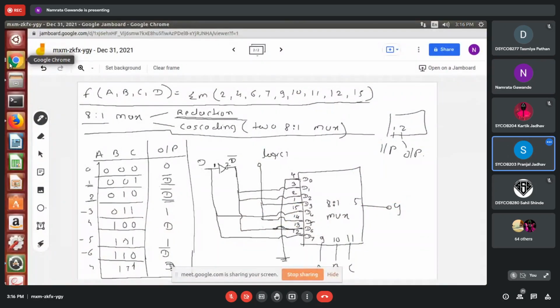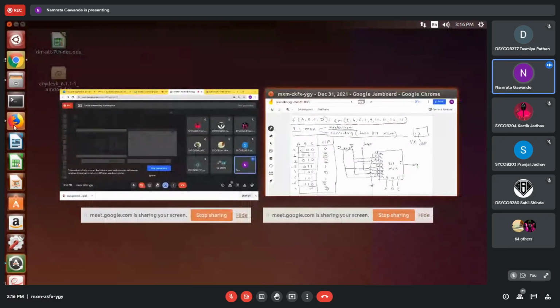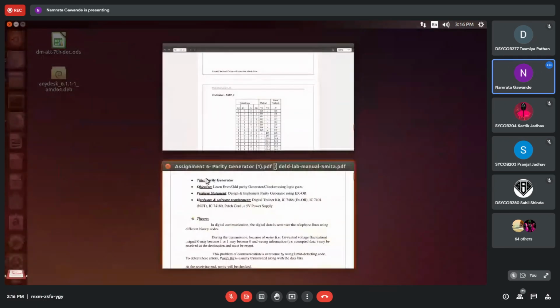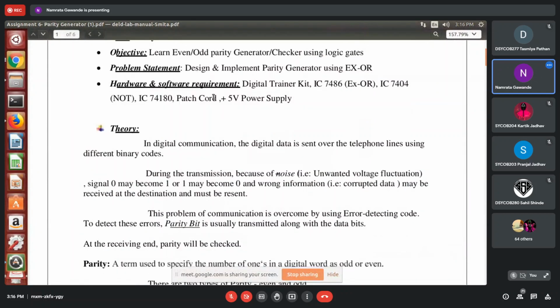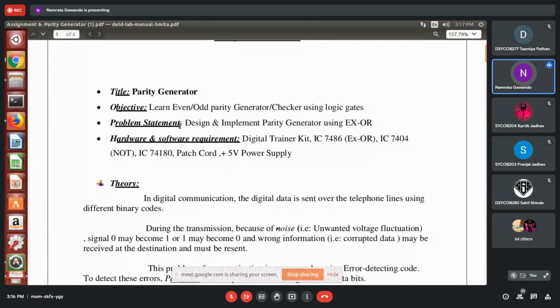Yes, ma'am. Okay. So in the parity generator, there are two types of parity, even parity and odd parity, right? Here, in the assignment, you have to only implement the parity generator.